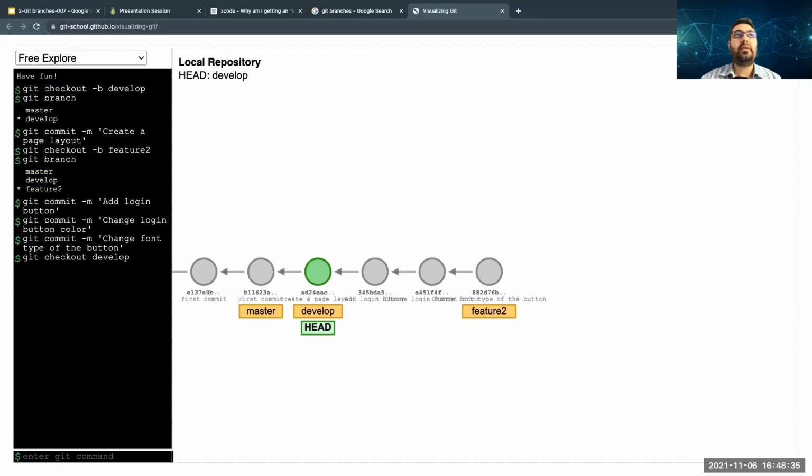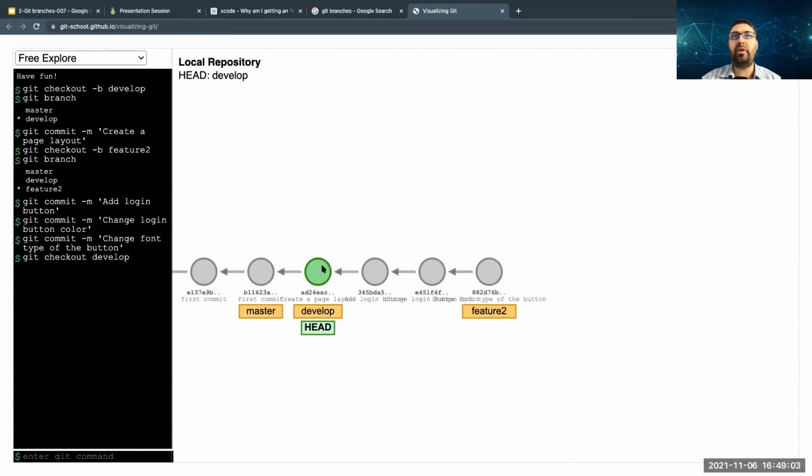So this one is, again, I'm just creating a new branch, and I am checking which branch I am on with this command. Git branch shows me which branch I am on. That's why I use git branch, so it shows that I was on feature 2. But now I'm going to check out to the develop branch, which means I just changed my branch from one to the other. So now I'm on the develop branch.